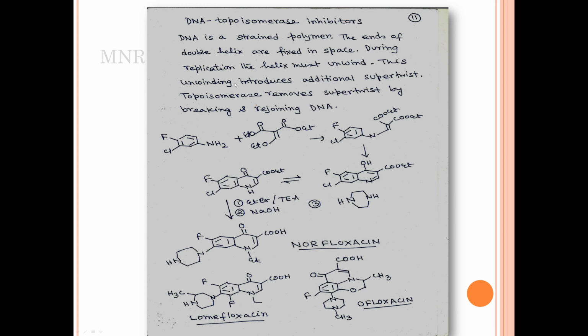That unfolding of DNA cannot be done on its own. The supertwist form will be broken by the enzyme topoisomerase, and when the work is over, repair of DNA in that region will occur by taking the help